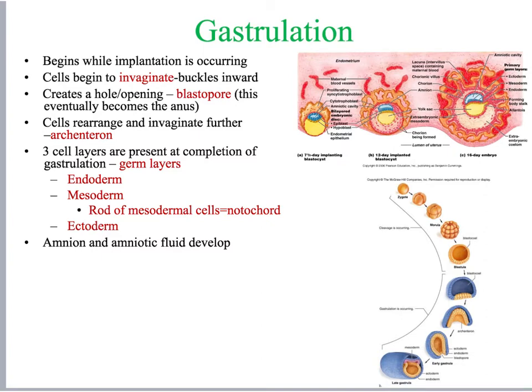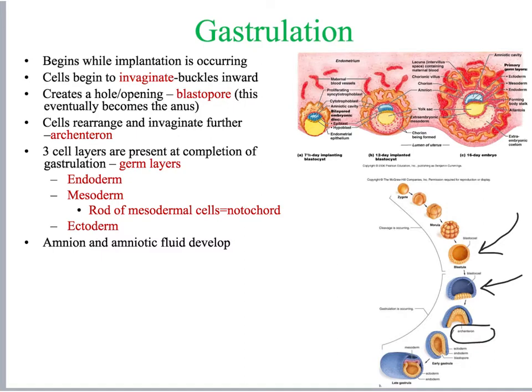So what happens here, if we look down below, here we have our blastula or our blastocele, which doesn't look 100% accurate anymore. A gastrula is just a blastula, but a little bit more developed. And if you look down here, you can see that a blastula becomes a gastrula as the cells begin to invaginate or buckle inwards. This thing that buckles inwards, we call the archenteron. Archenteron. What a great word, right? You can see that right here, archenteron.